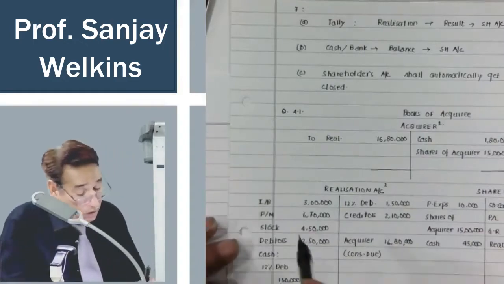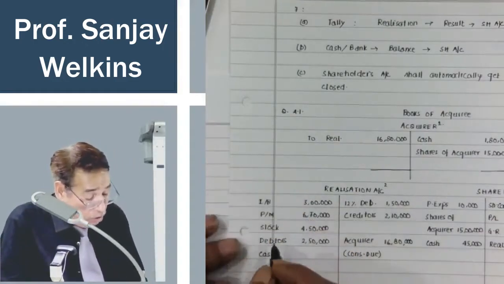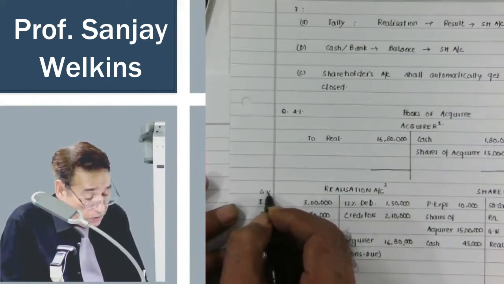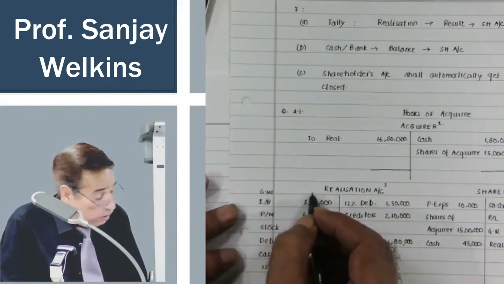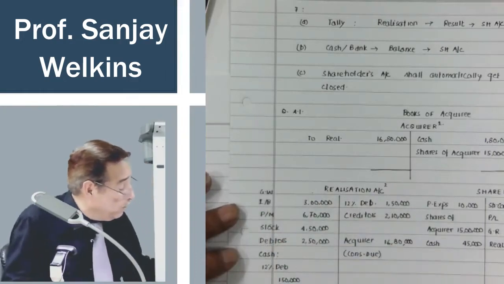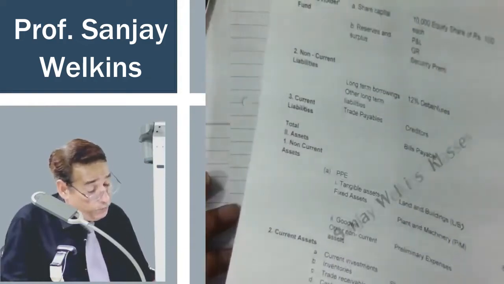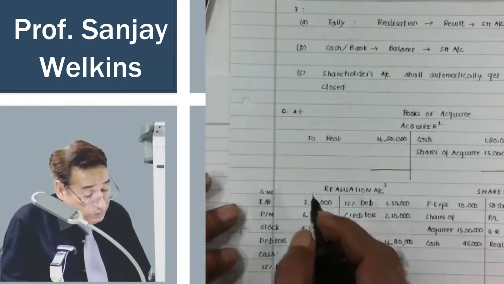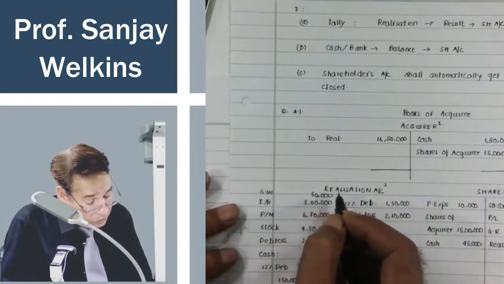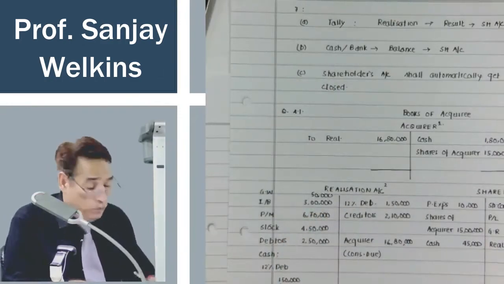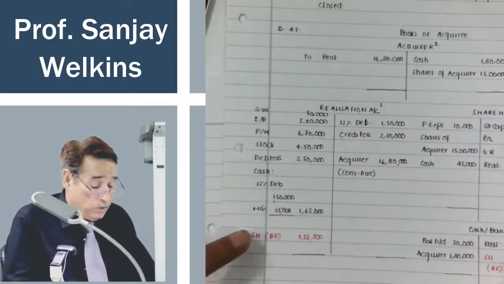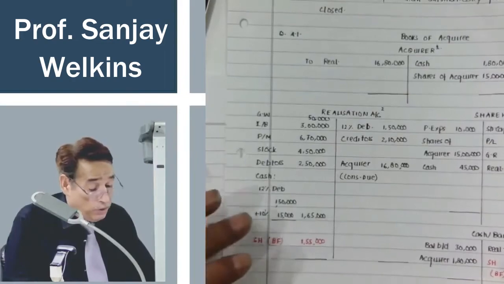So write goodwill. Goodwill will also be transferred here, don't worry about that. All assets, whether taken over or not, amount of goodwill is 50,000. So suddenly I got reminded, and please check this balancing figure because I write more out of memory than out of calculation. Correct? So it should be 155 only, don't worry about that.